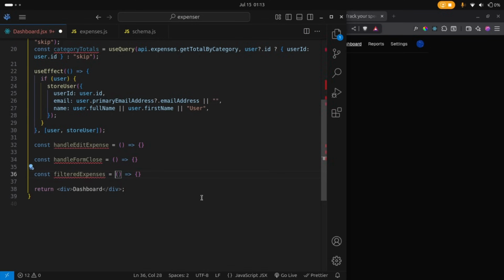And this is not really a function. It's more of like a value. And this is where we're going to be using useMemo. So here what we're going to do is, let's do it like this. So it is equal to useMemo,